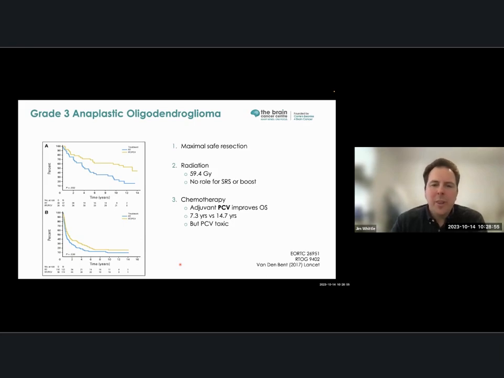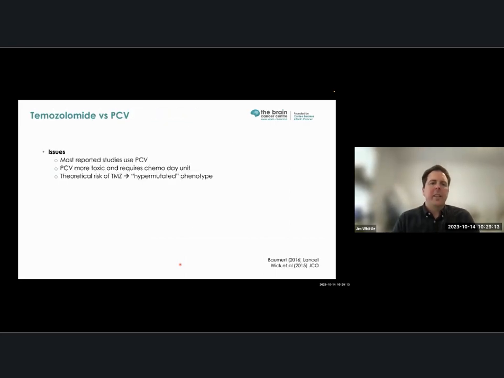We know one thing, and this is a common discussion amongst neuro-oncologists and medical oncologists who look after brain tumour patients: this trial used PCV, as did some of the others, but this is a very toxic regimen, and lomustine in particular, we're not sure about how much longer that's going to be accessible. So then a number of issues emerge on this age-old question in our field about temozolomide versus